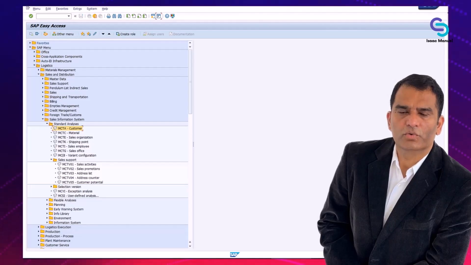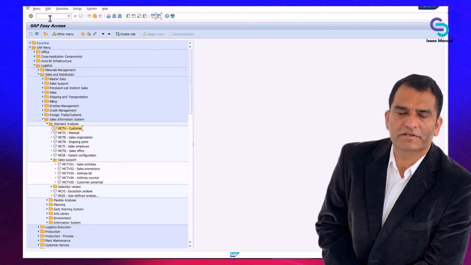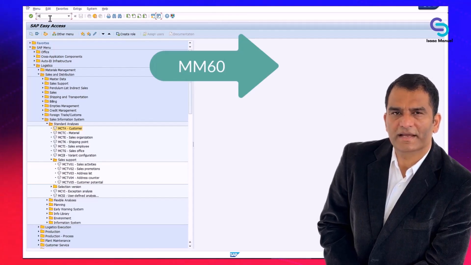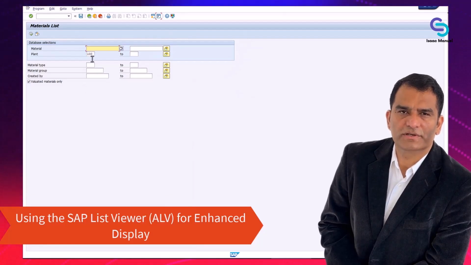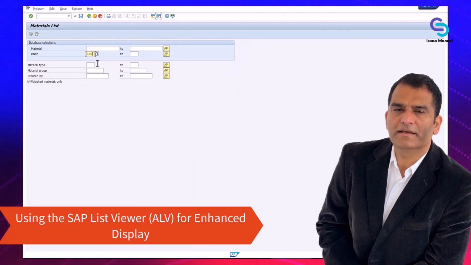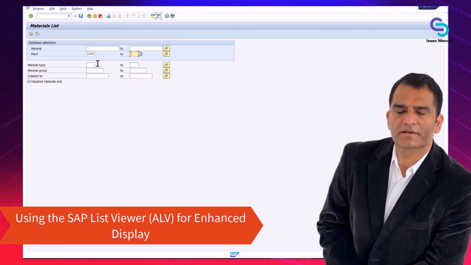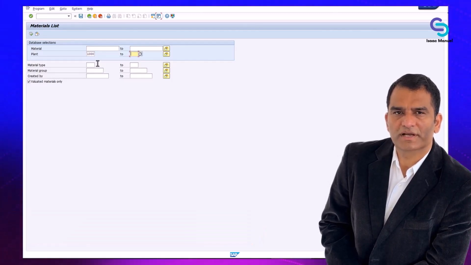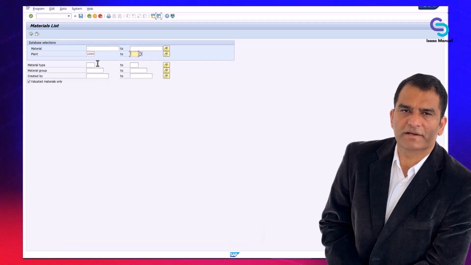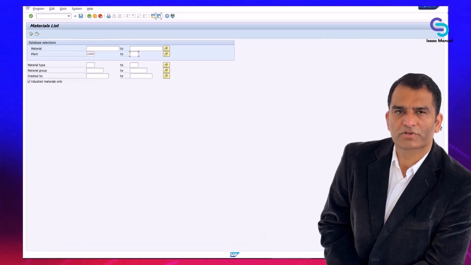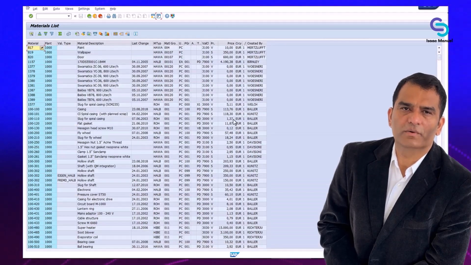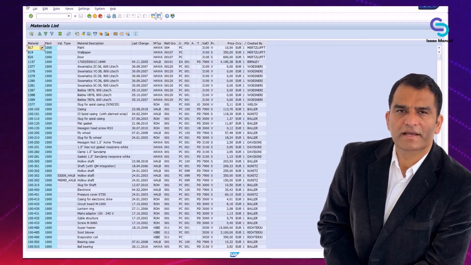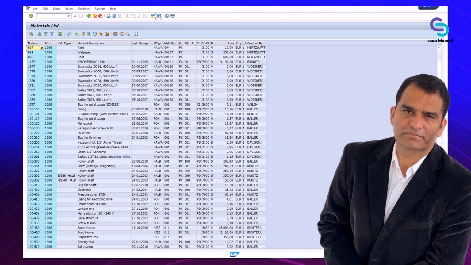One of the powerful tools for enhancing report usability in SAP is the SAP List Viewer, ALV. The ALV significantly improves how data within reports is displayed, analyzed, and managed. With ALV, you can quickly sort and filter report data to focus on specific items of interest. It also allows users to adjust column layouts to customize how the information is presented, creating an optimal viewing experience